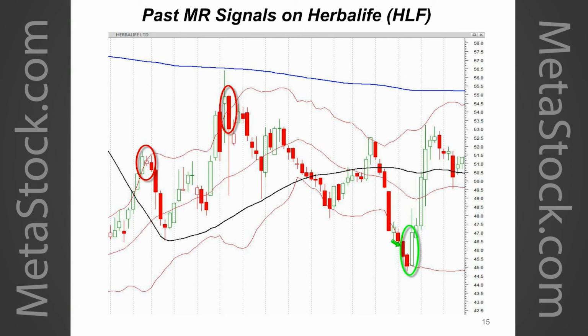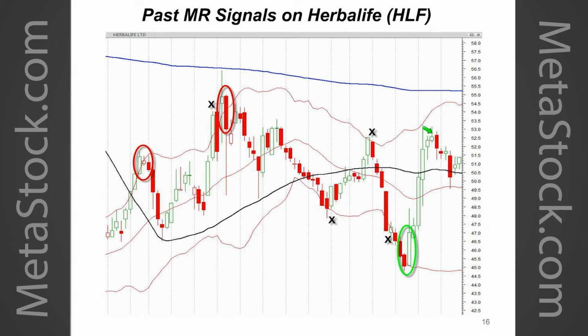And here's a nice looking long position: increasing Bollinger Band width, and at least an intraday move 10% below the 20-period moving average. Here's your big fat reversal candle. You'd enter at the close of that day. 1, 2, 3, 4, 5, all the way to the top of that move. That's a nice looking long. Now, if we go to the next slide, you're going to see some